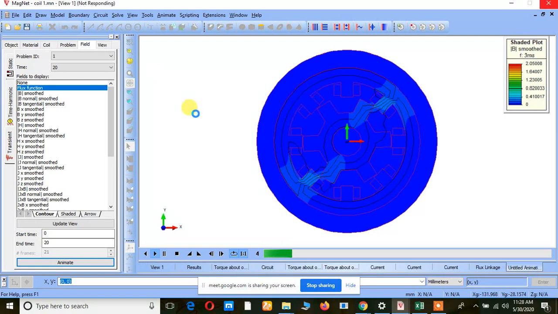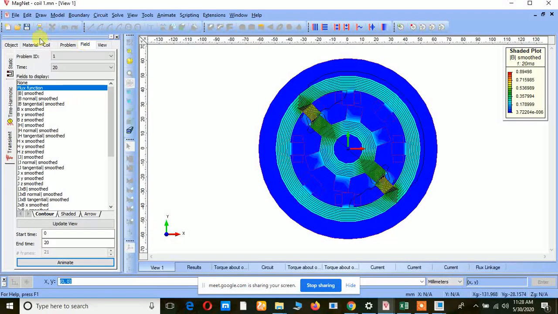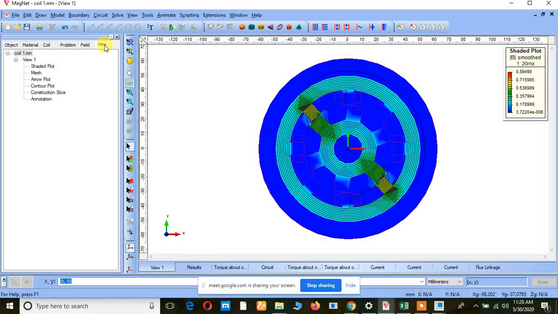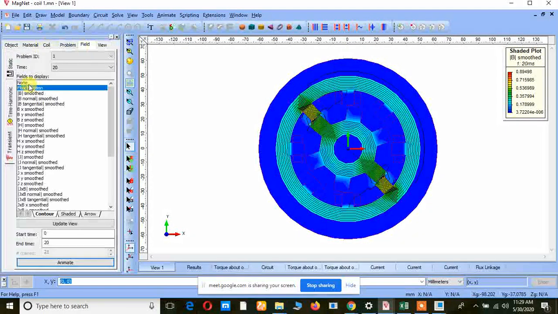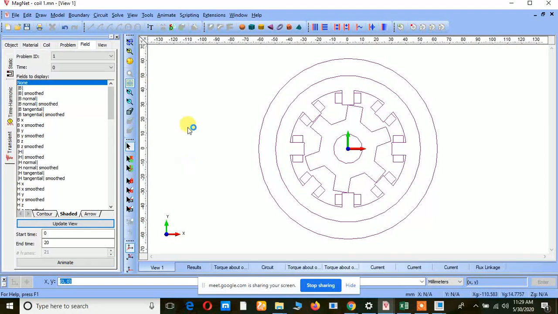Yesterday we discussed the flux reversal, and I told you the reason for flux reversal is the different sequence of excitation. So coming to the different sequence of excitation, I'm just going to this view option. Before that, I don't want any flux path or flux density distribution to show me. I want only the flux direction.